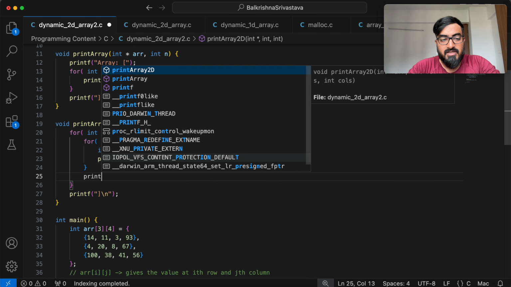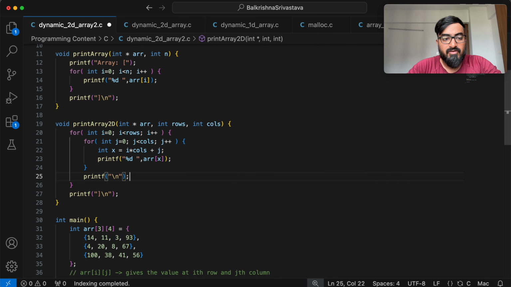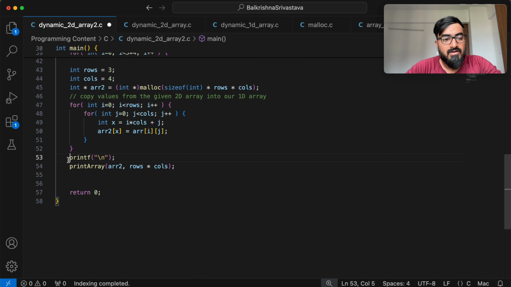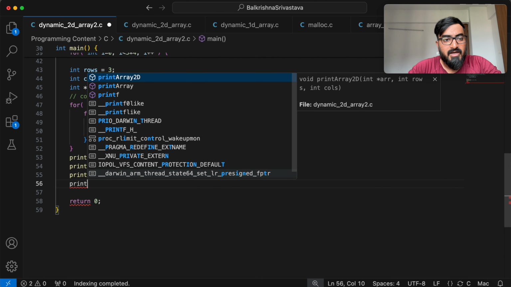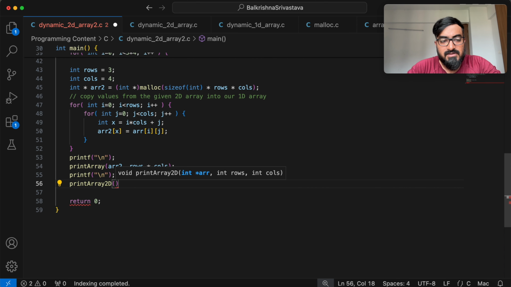Then you change a line after each row, and finally change a line as well. Now, printing this 1D array as a 2D array, I'll say printArray2D, pass arr2,